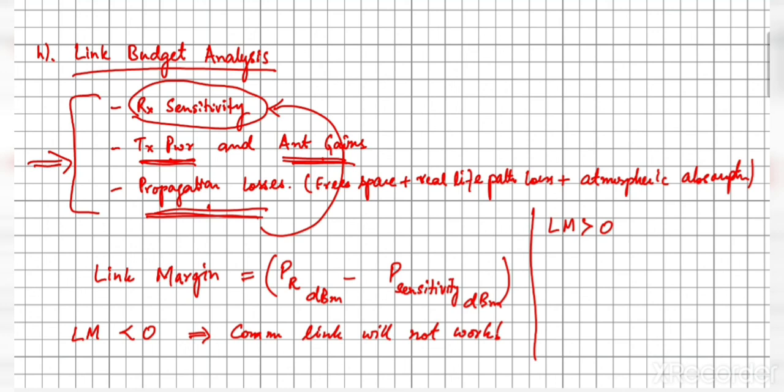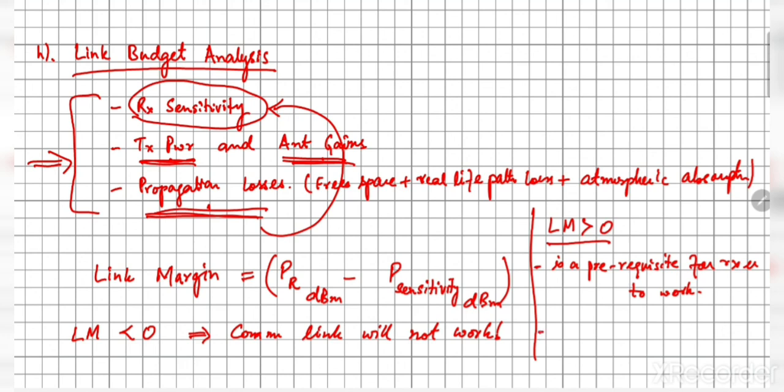But in a real-life environment, the link margin is typically desired to be a sufficiently high value, and not just 0 dB, because we would like the receiver to be robust. So let me write that a positive value is a prerequisite for the receiver to work,